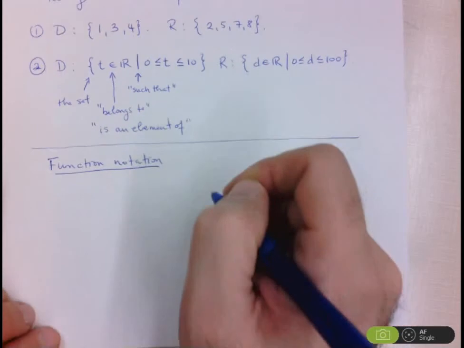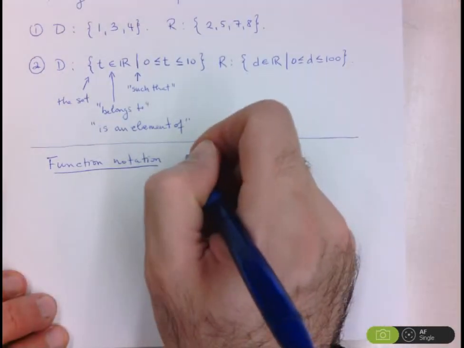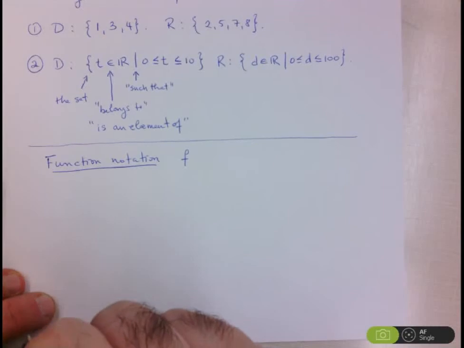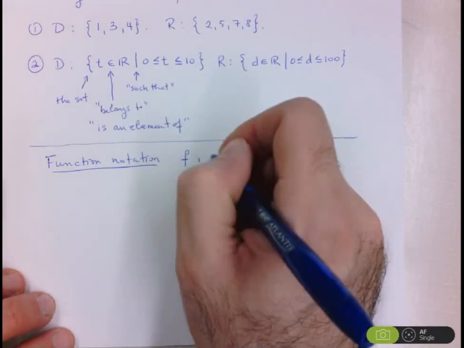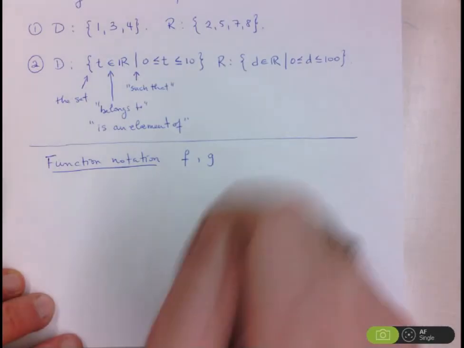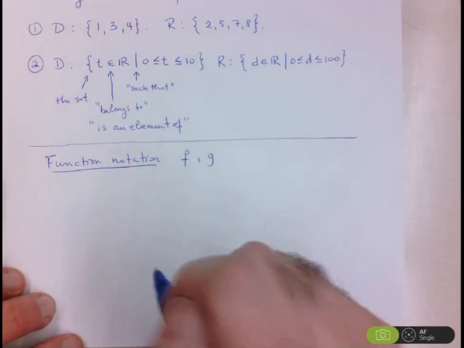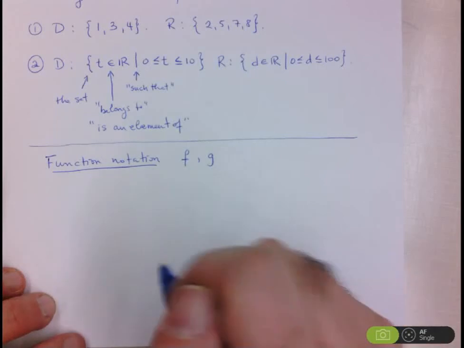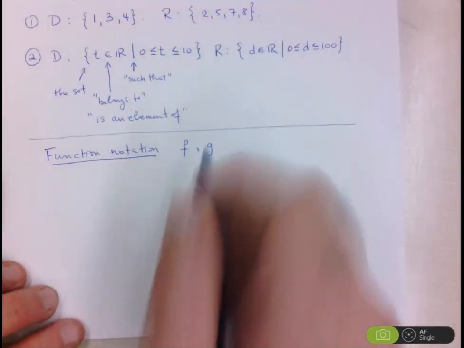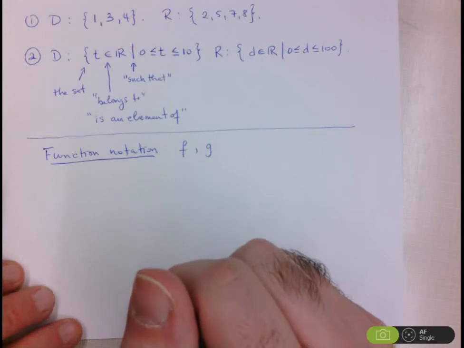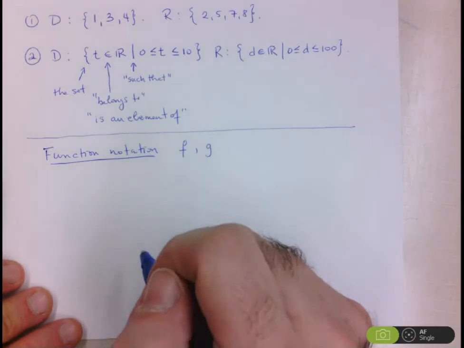Okay, and what we use to define a function is a letter. The standard one we use is lowercase f. If you're working with two functions, you might call the second one lowercase g, maybe the third one lowercase h. So we usually use lowercase letters to represent functions. You can use uppercase also. Okay, but what's nice about function notation is it allows you to indicate what the input is that you're putting